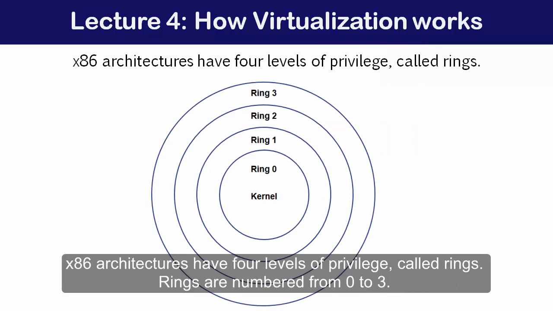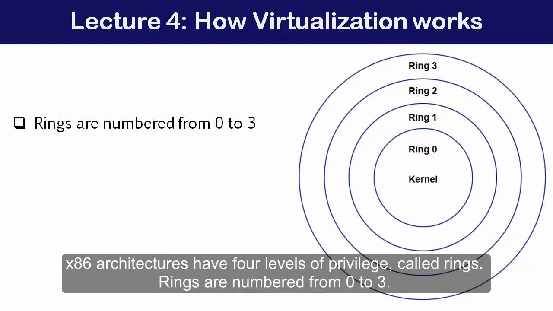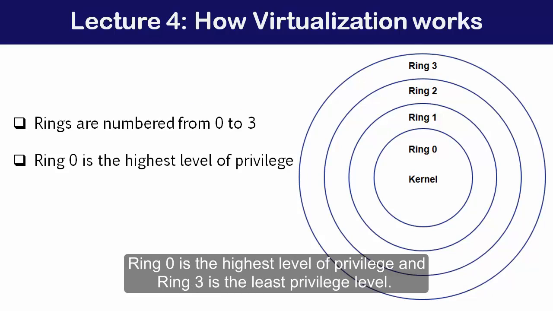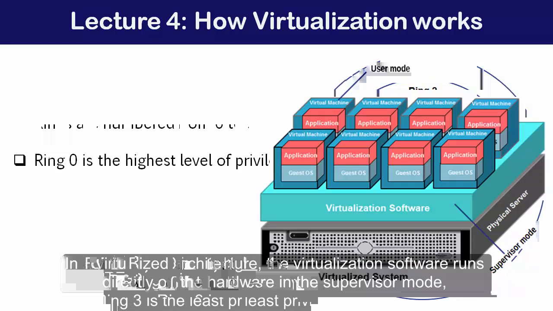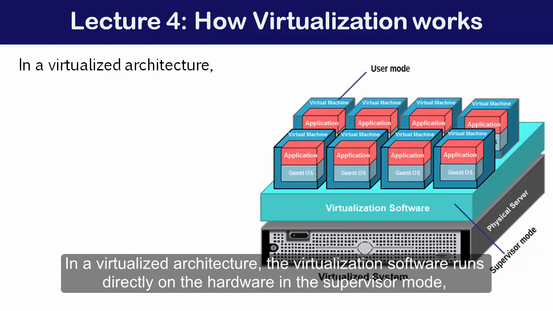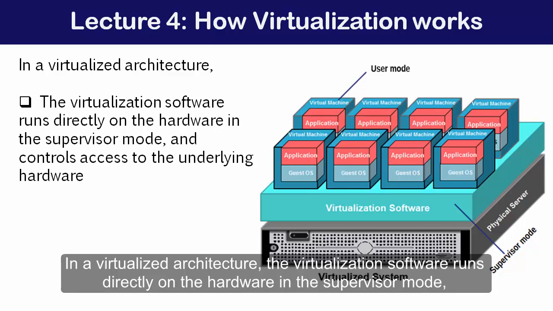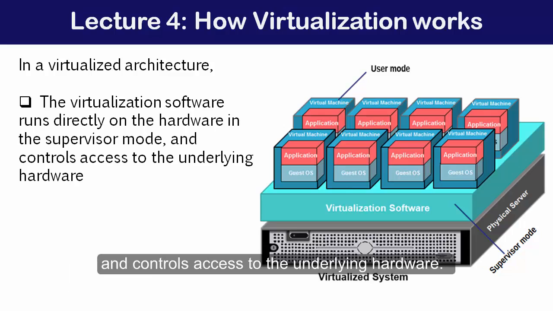x86 architectures have 4 levels of privilege called rings. Rings are numbered from 0 to 3. Ring 0 is the highest at ring 3 level. In a virtualized architecture, the virtualization software runs directly on the hardware in the supervisor mode and controls access